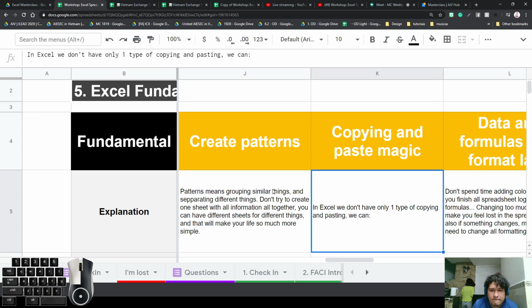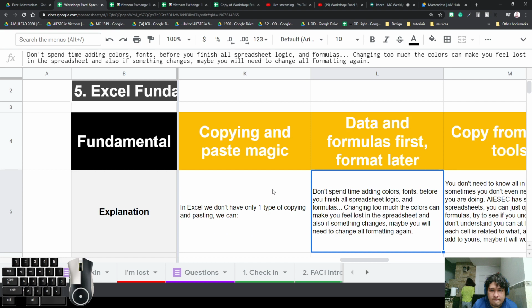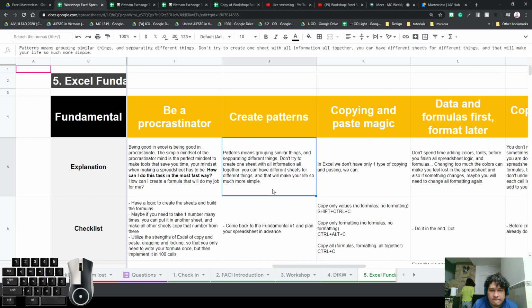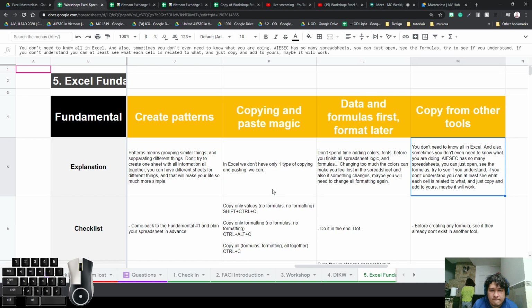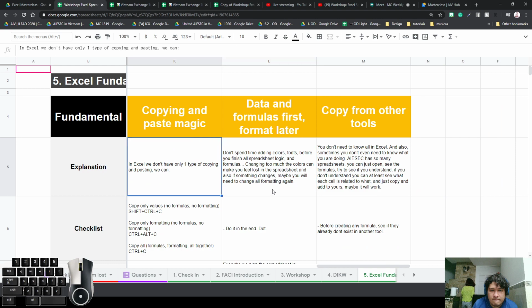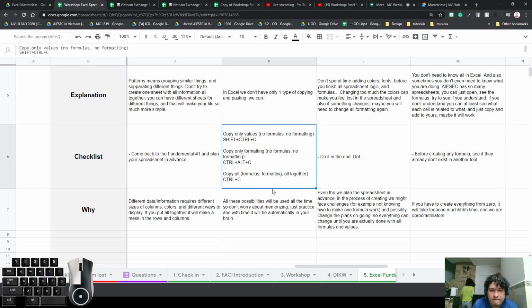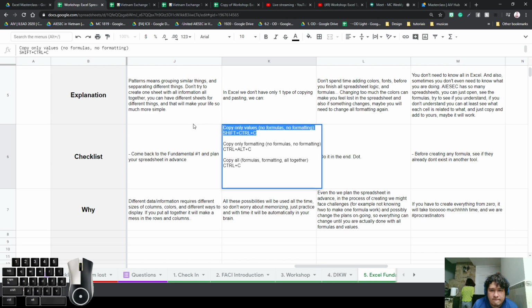But anyway, let me see if there's something super important here, because I see we're running out of time, and this you can read later if you want to see more. So I think there was just one important thing. Copy and paste magic. Okay, this is the most important thing. I had everything formatted, but